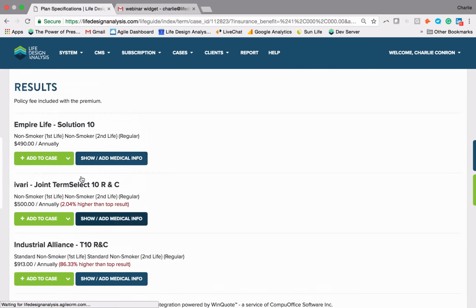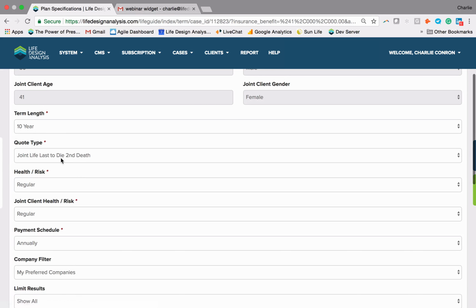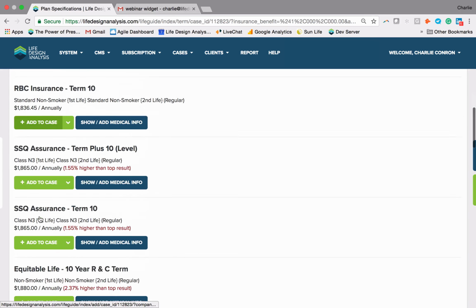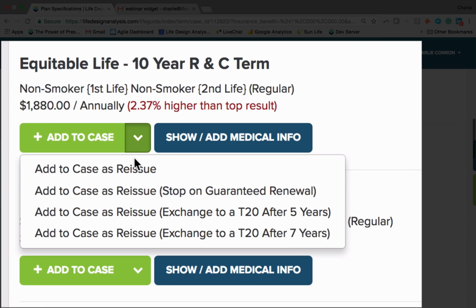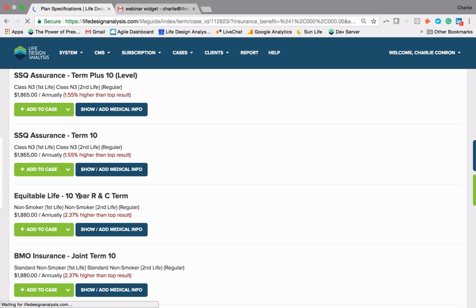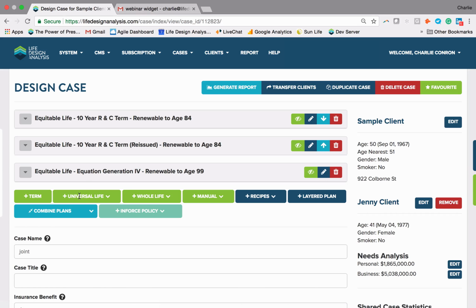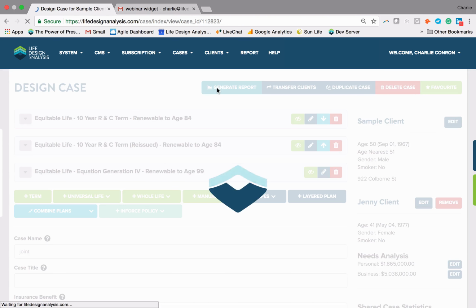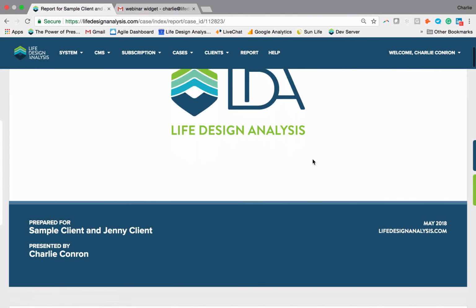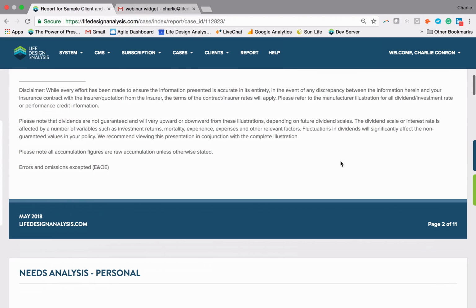If you ever make a mistake on that, again, just scroll up and I can change that to joint first to die again and modify that result. So again, it's really easy to go back and forth. And again, this is somewhere you might also want to add in something like a reissue, which is going to look at this in 10 years and say, let's reshop the market and assume that they're healthy and assume pricing is similar. But again, it's a very nice way to add a reissue, and all of that functionality also works within joint clients. So really not much else you have to learn as far as joint aside from adding the